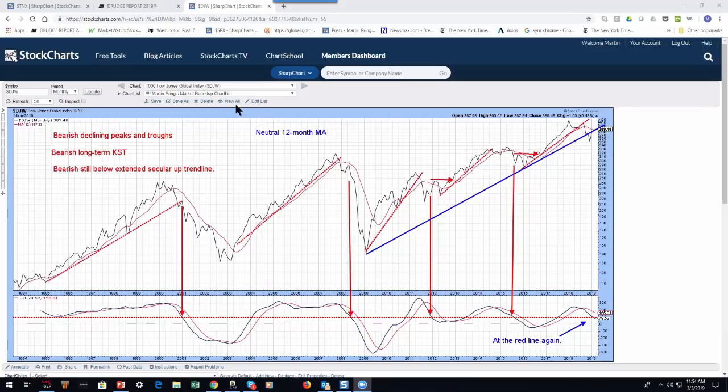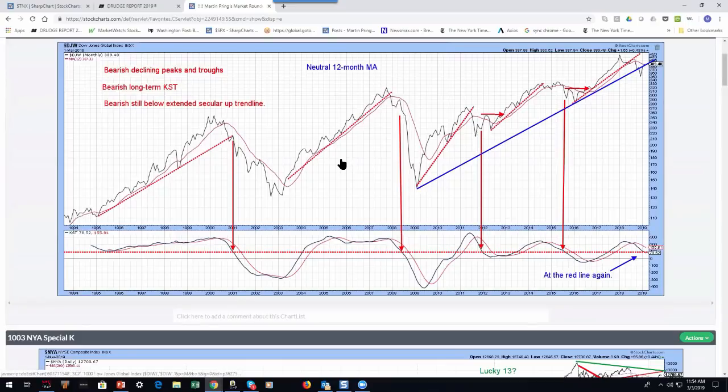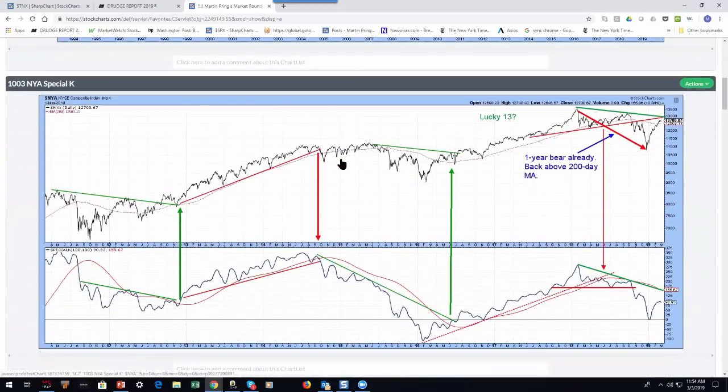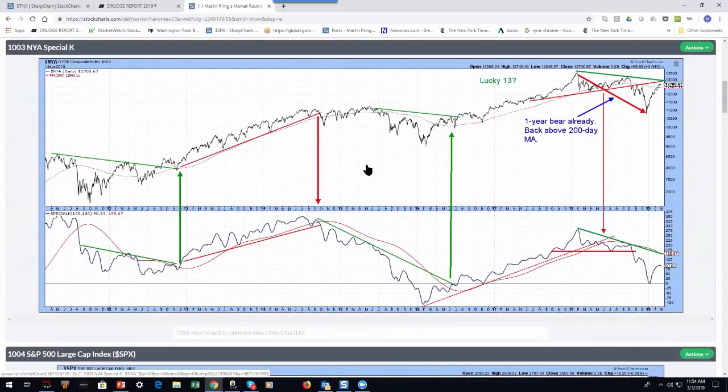So I'm going to put it in the view mode now so I can move on to the next charts on the chart list here. Now we're looking at the US, the New York Stock Exchange Composite, the NYA, and underneath is a Special K indicator,